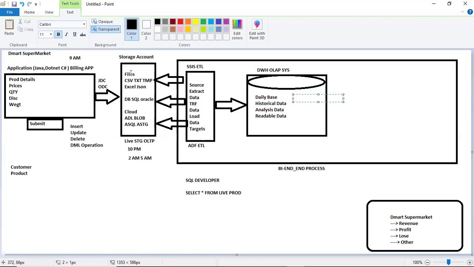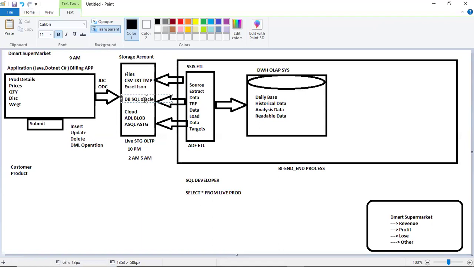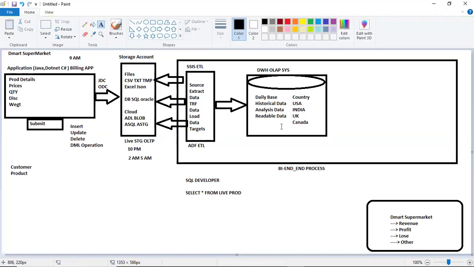Let's suppose one country's data is coming from a file, other countries from a database, and other countries from other databases, cloud databases. All countries' data is clubbed into one storage account. UK, Canada, whatever data you want, you can get it from this one storage account.